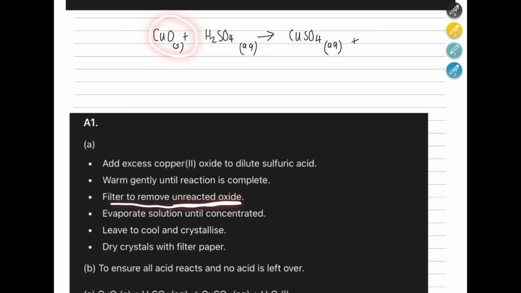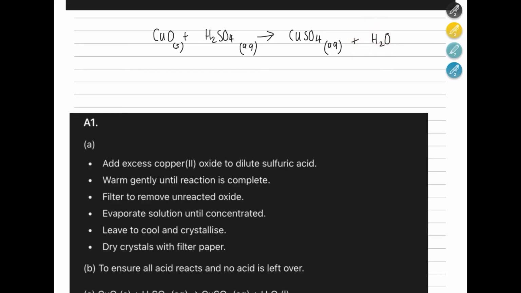Remember, our copper oxide was in excess, so anything that's not reacted will be filtered out. Then you're going to evaporate the solution until concentrated. Remember, look at this equation, you also have water. So you can first heat it to evaporate the extra water, and then you're going to leave it, and